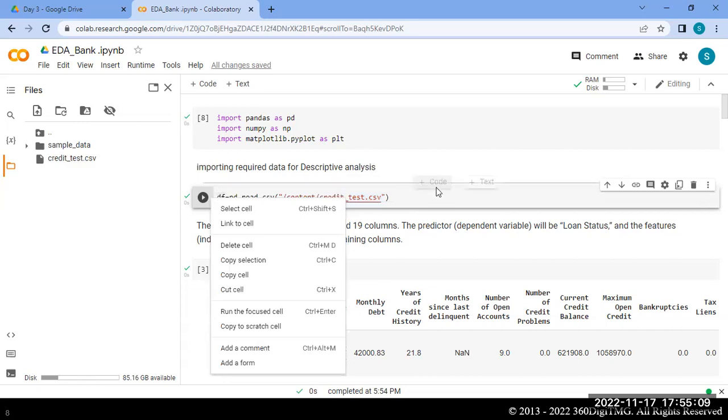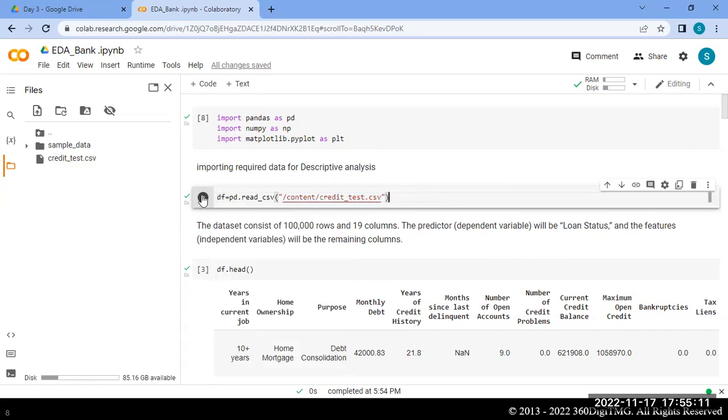Run it. It has been stored in our data frame. To see what kind of data we have, I'll use the function head.